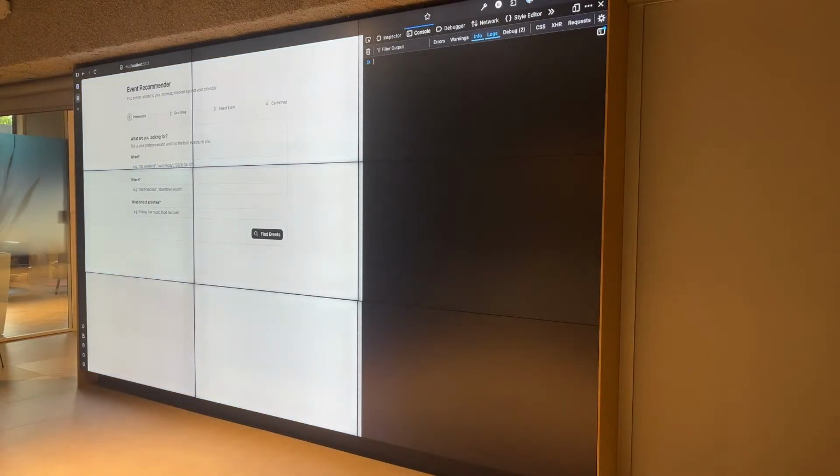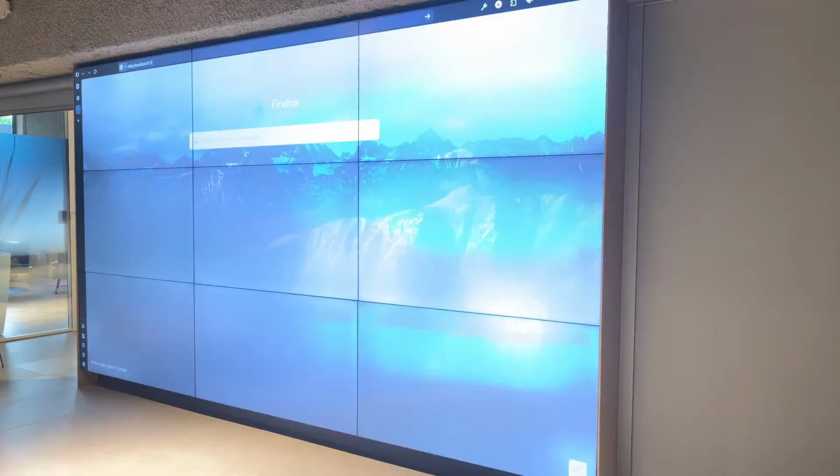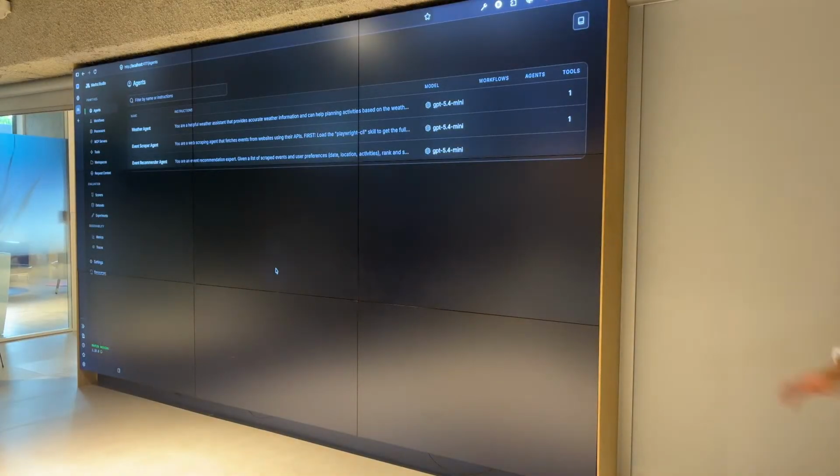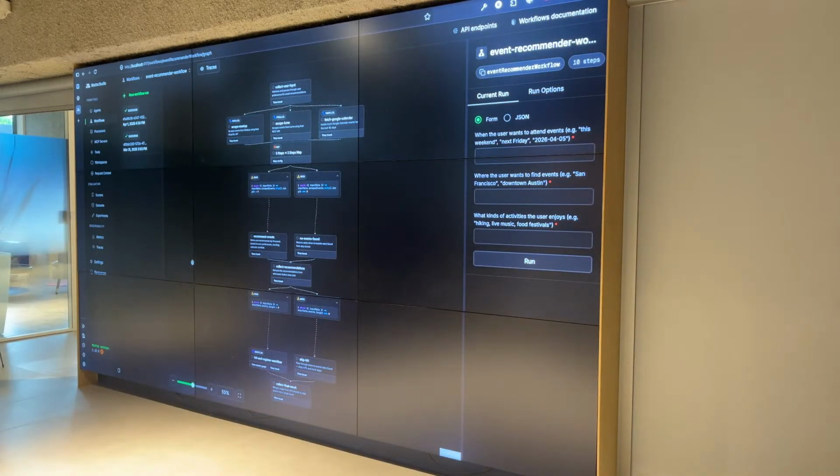Okay, so this is the front end, and this is the back end, which is the Mastra framework, the Mastra Studio that you learned. On the left-hand side, you see all those sidebars and different icons. That's why I say there's a lot to learn, but in this workshop I'm not going to go through each of them one by one.